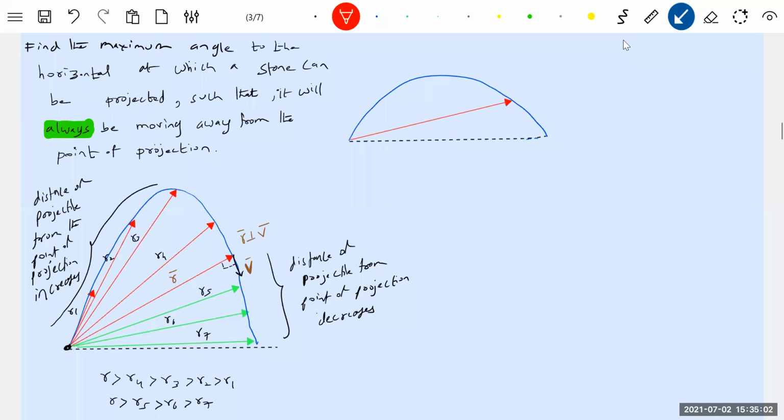What about in this case? In this case, what color? Yellow color. We'll take it. You see this one. Now it starts decreasing. Somewhere it reaches a maximum, then again it starts decreasing. The tip of the arrow is the trajectory. You see the length of the arrow starts decreasing. Sir, does it mean maximum height should be less than range?